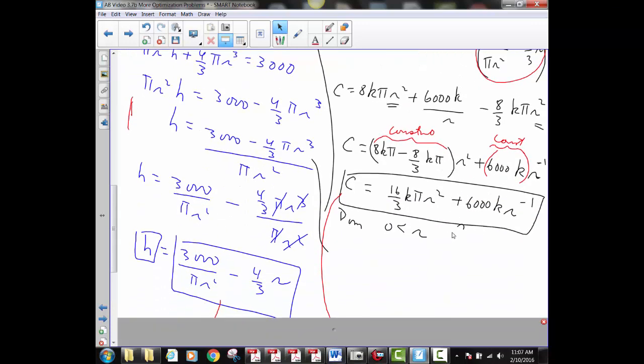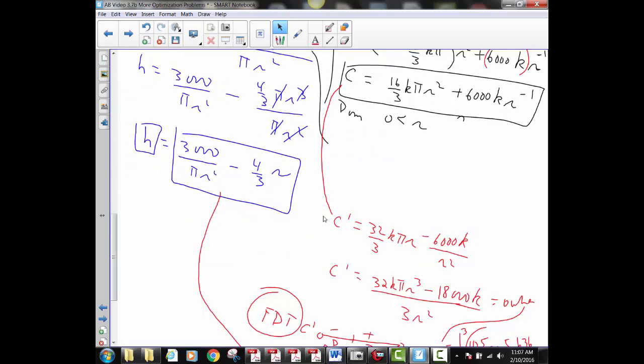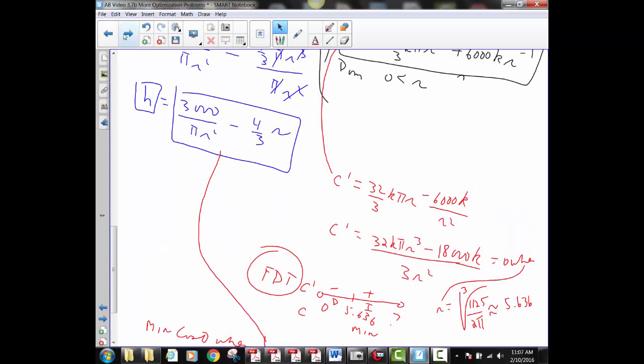Blah, blah, blah, simplify, find the derivative, domain, the radius would have to be positive, critical numbers, first derivative test, and you find out, sure enough, there's a min at the cube root of 1125 over 2 pi. Feel free to use your calculator to approximate that to 5.636. So what happens when r, which is our variable, is that many feet, and then of course h, you'll plug it back into the r in here to find